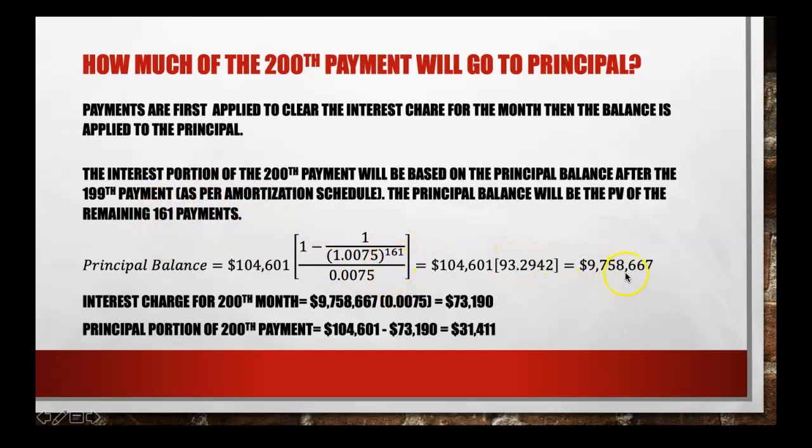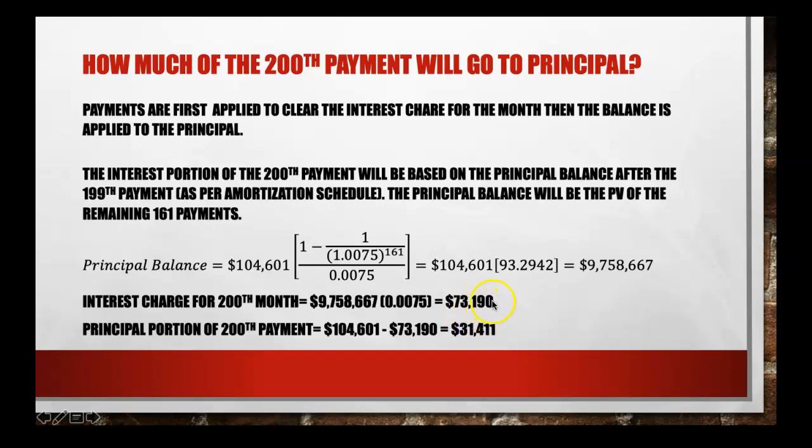From the calculation, we get that the principal balance at the start of that month would be 9,758,667. Right? Based on that, we can now find the interest charge for the month, which would be 0.75% of this amount, and it gives us an interest charge of